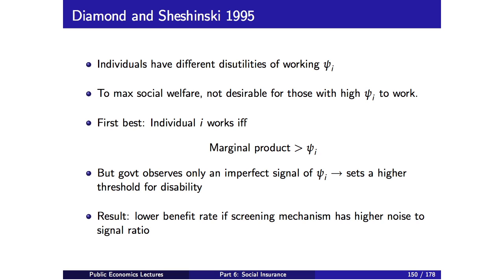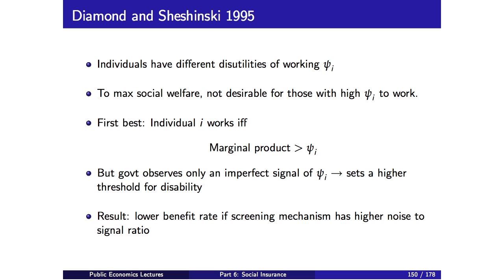So here's a super simplified version of their setup. You have people with heterogeneous disutilities of work, psi. In order to maximize social welfare, what are you trying to do? You're trying to basically have the people who have very high disutilities of work take disability insurance and not work, and the people with lower disutilities of work, you want them to work, right? So in the first best, individual i is going to work if his marginal product, his wage, if there are no other market imperfections,